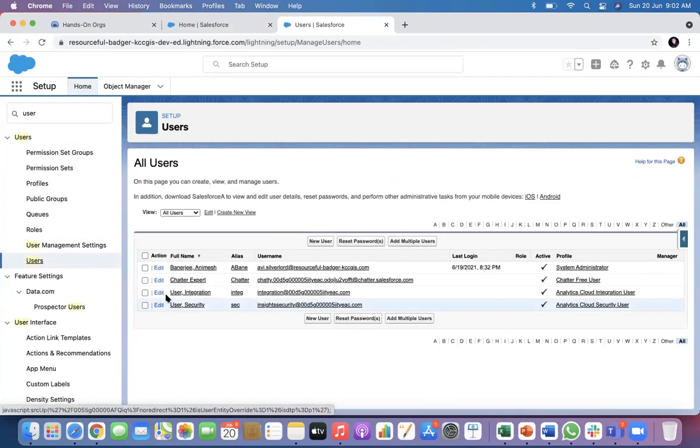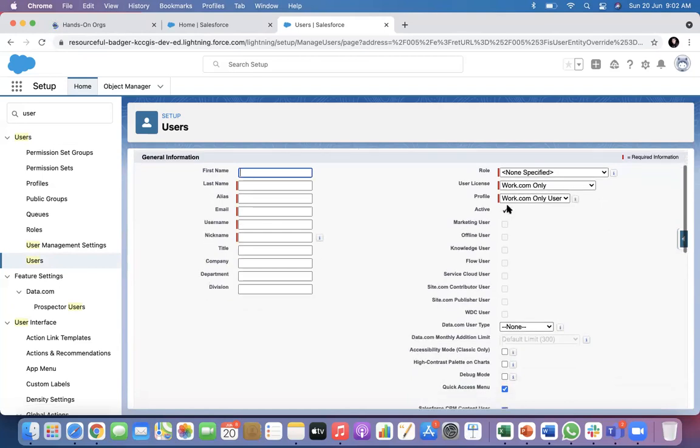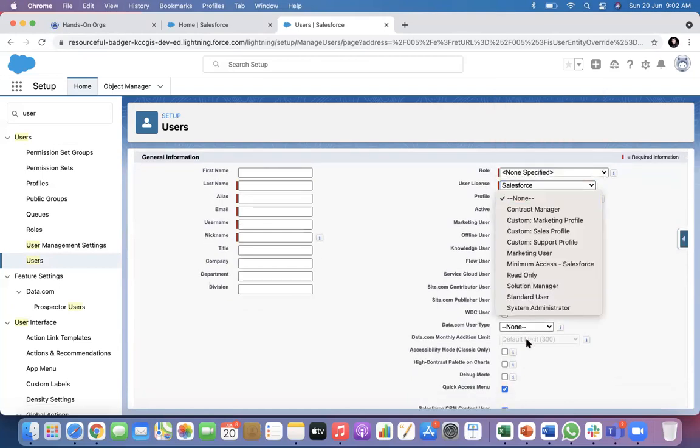You can see this system administrator user. There are some other users also created by default, and you can create another user here. So go ahead and create your user. In the user license, you have to select Salesforce. In the profile, you can select system administrator or standard user. You can change your profiles here.